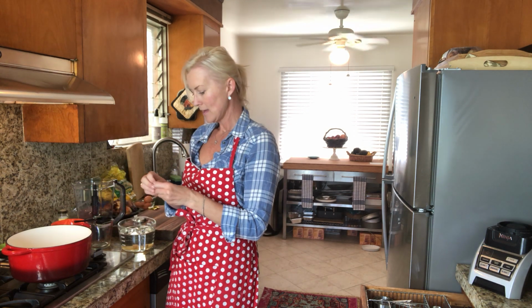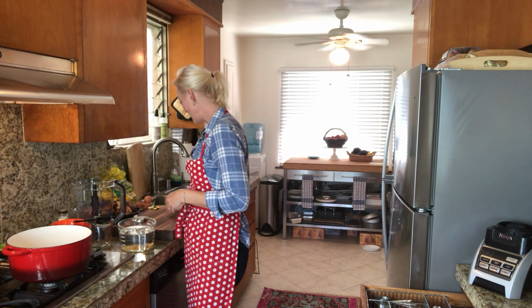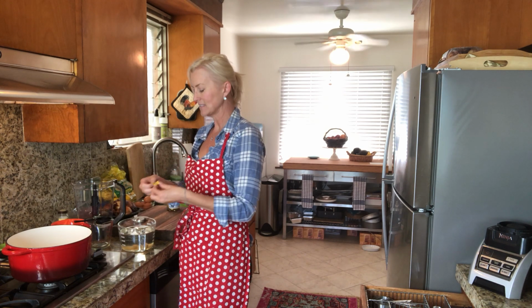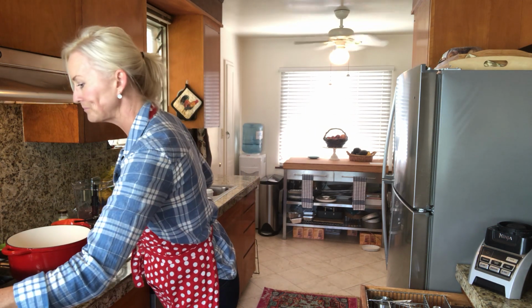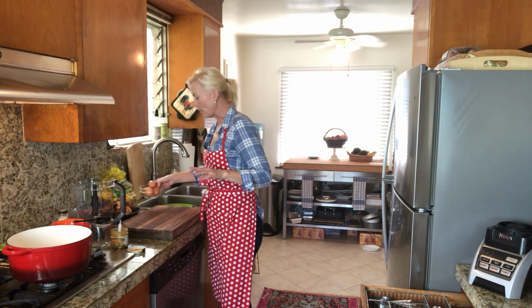I've got a nice big yummy stock pot here, and you can use anything that you have on hand. I just like this stock pot because it's a heavy cast iron, and for some reason it just makes me feel more fancy in the kitchen. So I'm gonna let those sit for just a quick hot second, and then we'll do that in a second. One of the bases to this soup is egg yolks,